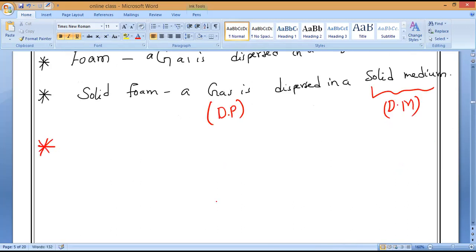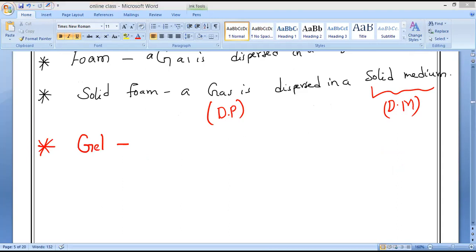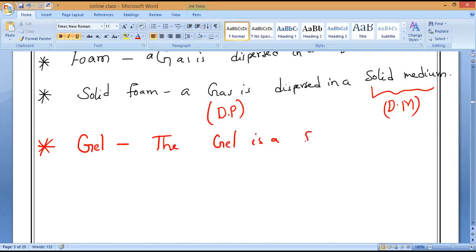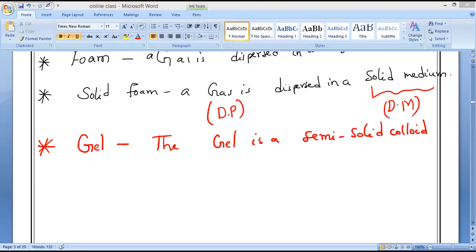Next, the last one. Ready? Gel. So if we take gel, what is that? Can anybody tell me? The dispersing phase is liquid and the dispersing medium is solid, I would say. Right. The dispersed medium is liquid, and the dispersed phase is a network of solid particles. The gel is a semi-solid colloid, in which there is